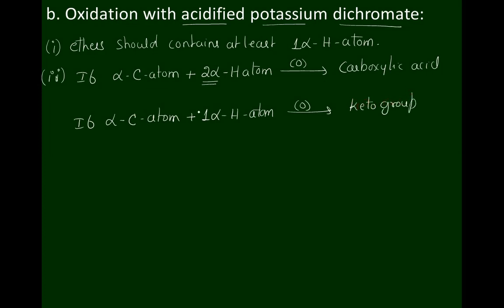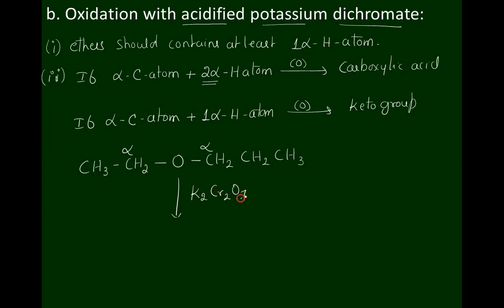This alpha carbon atom gets converted into a keto group. For example, CH3CH2OCH2CH2CH3. Here there is one alpha carbon atom, and here another alpha carbon atom, and it is treated with potassium dichromate solution in the acidic medium. This will undergo oxidation. As soon as it undergoes oxidation, this group first gets converted into carboxylic acid, CH3COOH,